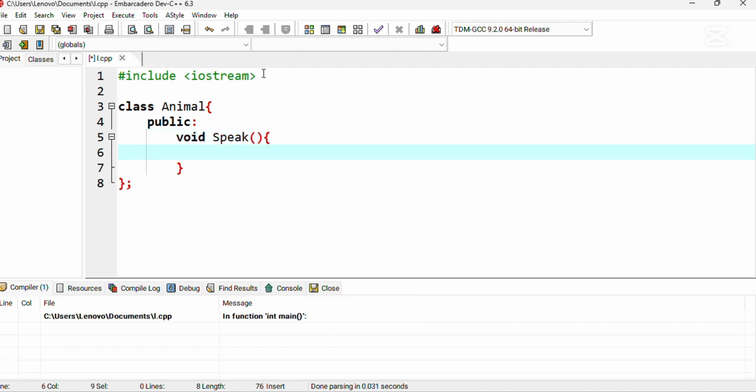So inside these two curly braces we're gonna put a message. So by doing that, let's put here the necessary code in order to make an output. So let's put here std::cout and then a double quote. So inside this double quote is the place we will put the message. Any message that you want will be available. For me, it's just an example of a message that I want to put here. So let's put here "I am an animal."